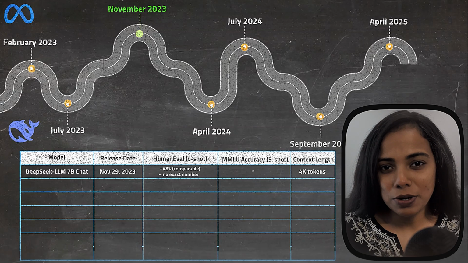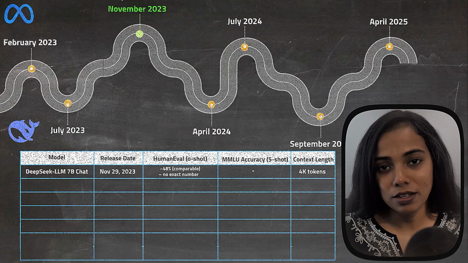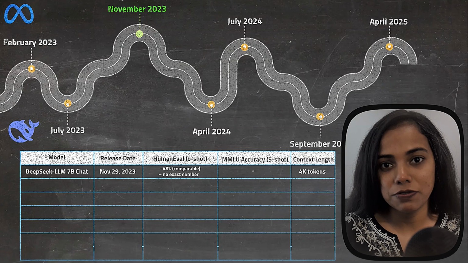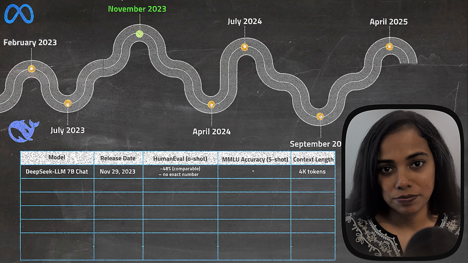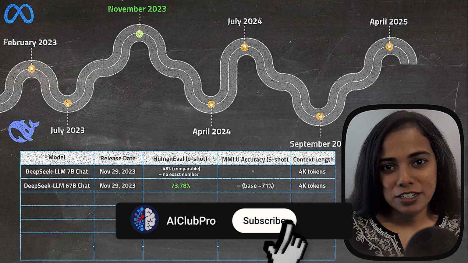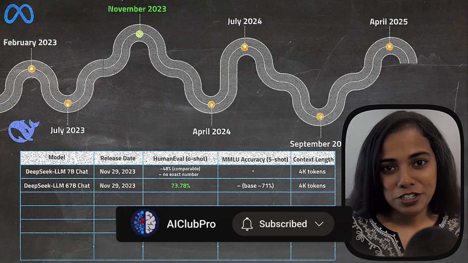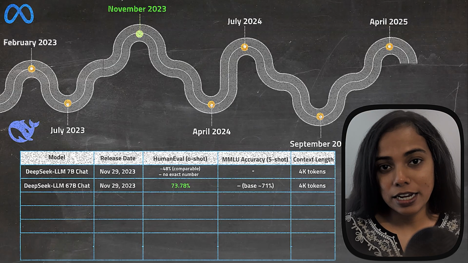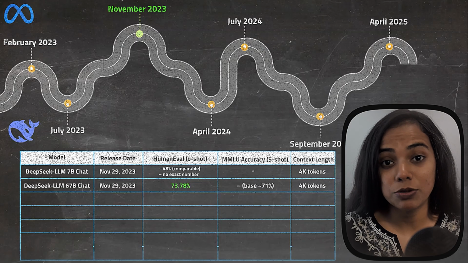So it really stood out and excelled at both languages, which was a strategic edge against competitors. Soon after, the DeepSeek chat models arrived, which were fine tuned specifically for conversation tasks. And the standout performer, DeepSeek 67 billion chat, stunned the community with extraordinary scores, with around 74% in coding challenges and 84% on math tests, easily surpassing the established open source models like LLaMA 2 at that time.